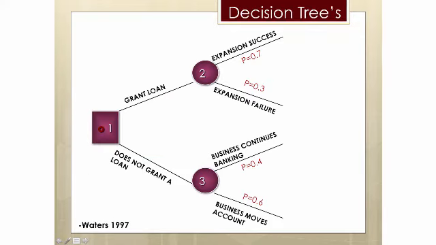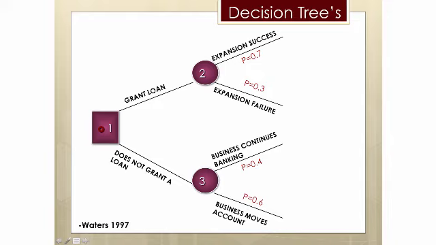The next slide depicts a decision tree diagram. Now, as we can see, decision points are denoted by a square. These are known as the decision nodes. A circle shows that a range of outcomes may occur. So the outcomes are whether the bank manager should grant the loan or should not grant the loan. As we can see, if the bank manager grants the loan, referring back to the case study, there is a 0.7 chance that the expansion may be successful.